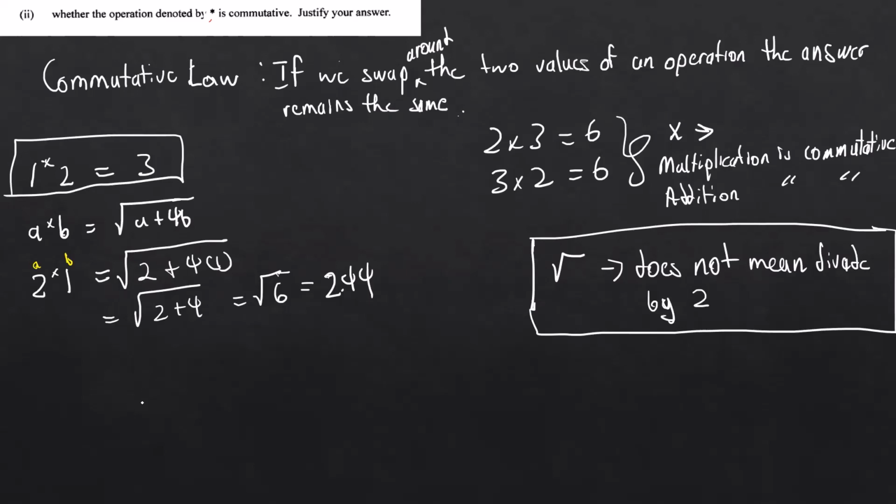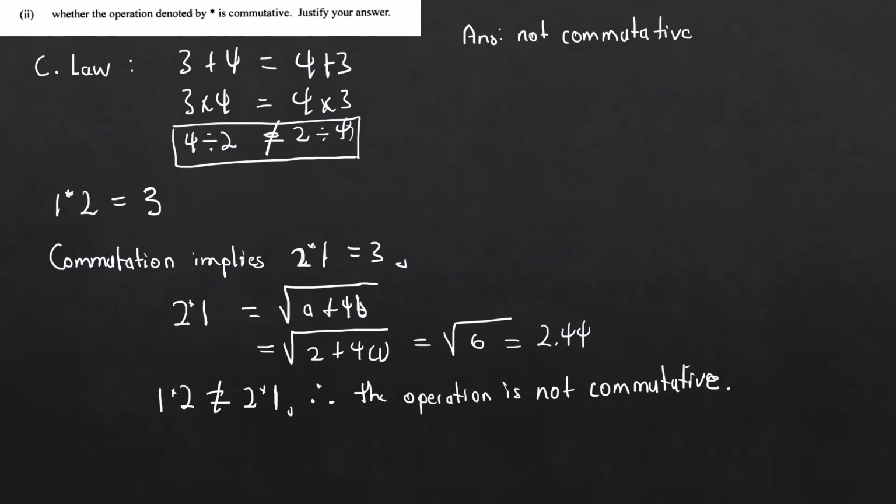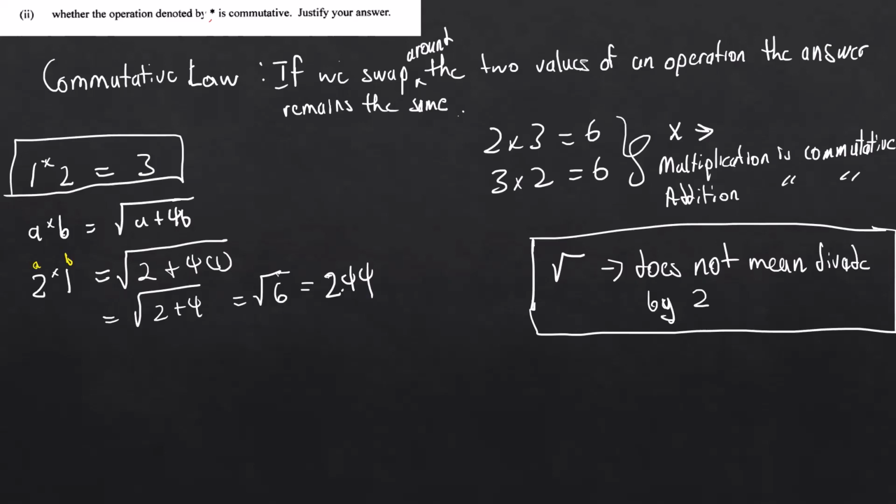It's not commutative. Okay, you're saying it better than me. I keep saying computative. Yes, it's not commutative, right? So to check if any operation is commutative, it needs to be the same answer when you swap the two numbers around. So for this asterisk, it's not. So the answer is it's not